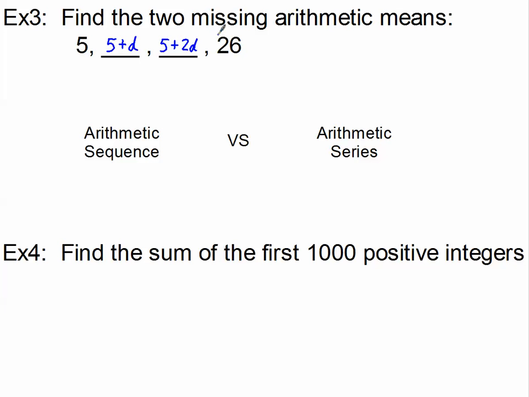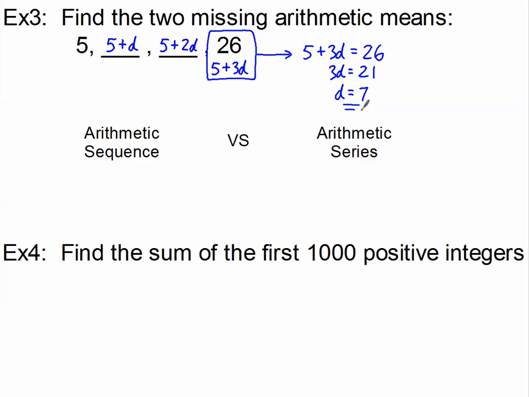So that would become 5 plus 3d. And knowing that is how I'm going to solve this question. I know that 5 plus 3d must be equal to 26. And there's an equation that I can use to solve for d. If I subtract 5, I have that 3d is equal to 21,